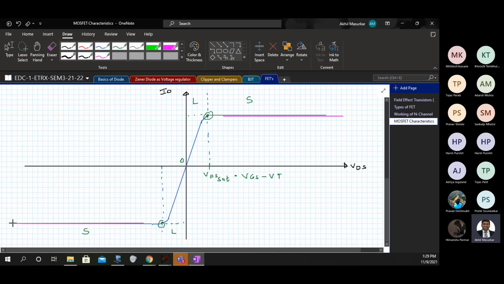So we can just show this a little bit closer to the blue line, and this is going to come like this.